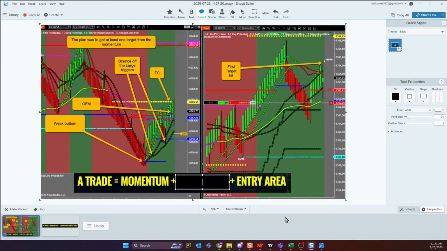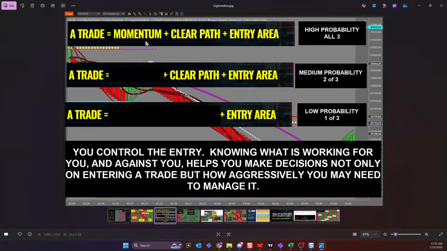And guys, what this will do for you, if you're always speaking in terms of those 3 things, if you're always looking for advantages, as soon as one of them disappears, you say to yourself, this is now medium probability. It's no longer high probability. If 2 of them are gone, you can say, whoa, this is low probability. I'm not sure I should be doing this.